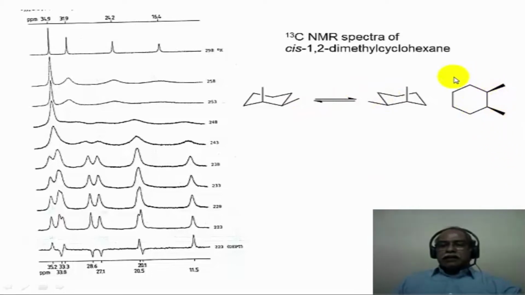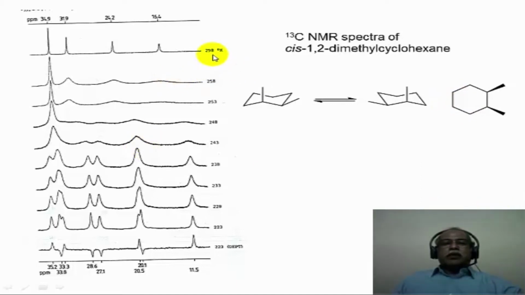So if NMR sees a signal corresponding to a structure of this kind, where there is a plane of symmetry, then you should see only half the number of signals in the NMR spectrum. That is, one signal corresponding to the CH3 here, which will be identical to this CH3, one signal corresponding to this CH, and this would be essentially identical to this CH, one signal corresponding to these two CH2s, and one signal corresponding to these two CH2s.